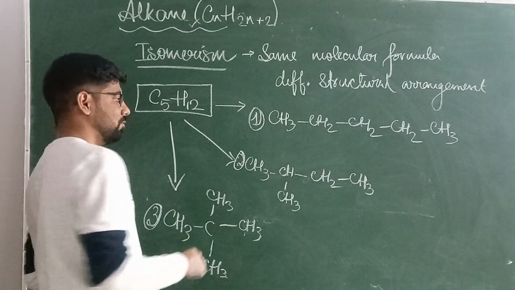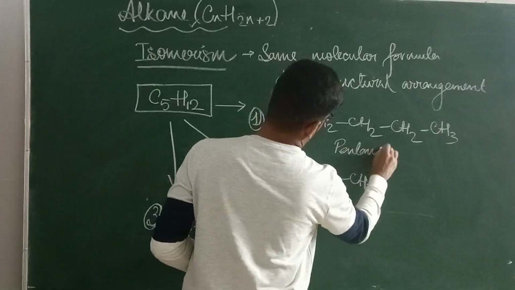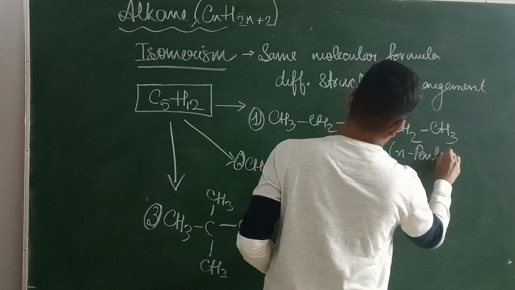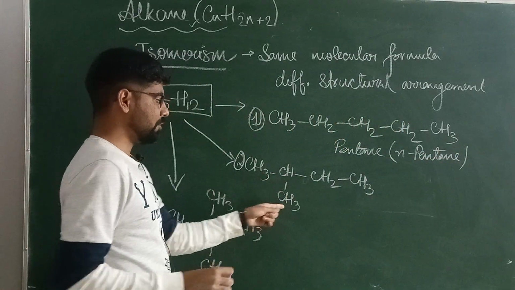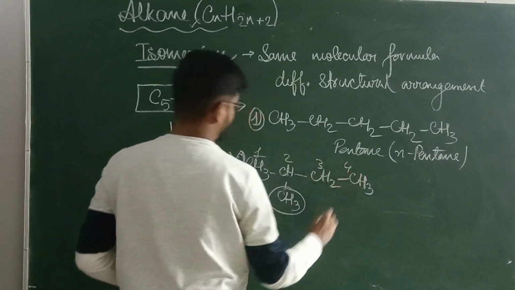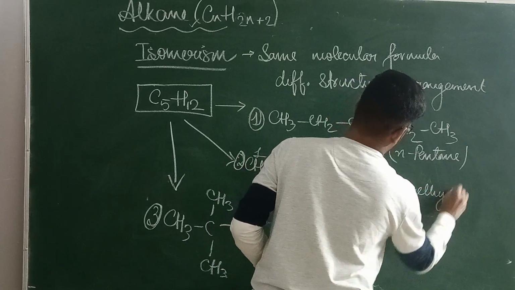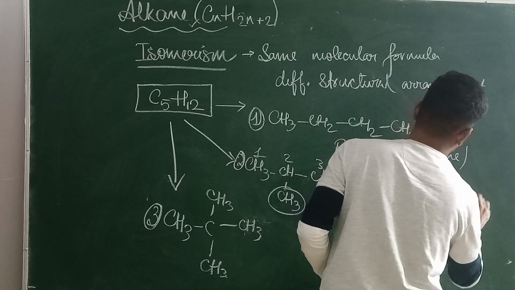And if I start writing the names, it is pentane, or if it is a straight line, I can also call it n-pentane. In this one, one substituent is there. Number the carbons 1, 2, 3, 4. So 2-methylbutane,